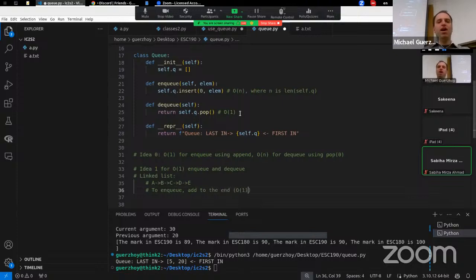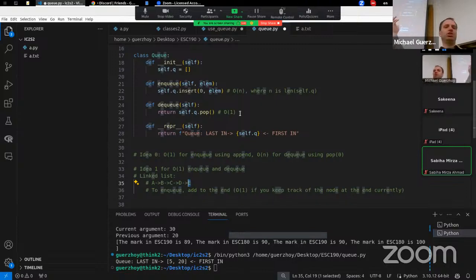That's O of 1 if you keep track of what's my current last node, and you know it's E, then appending